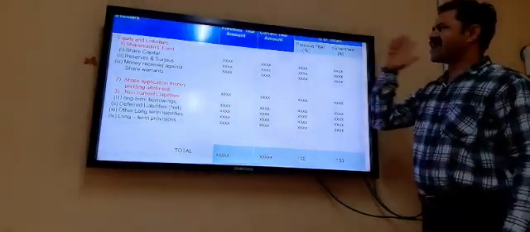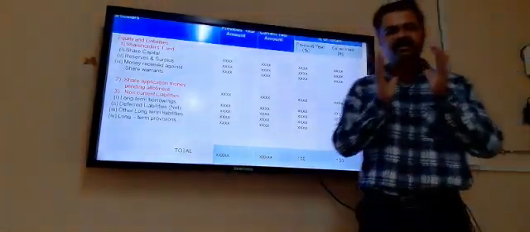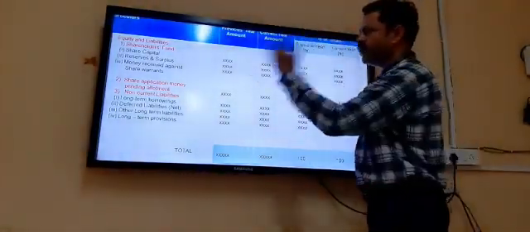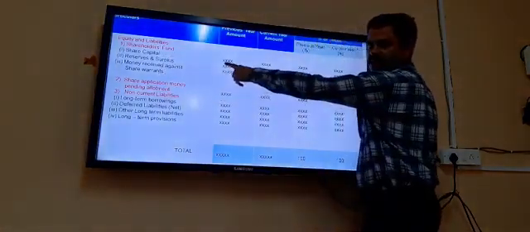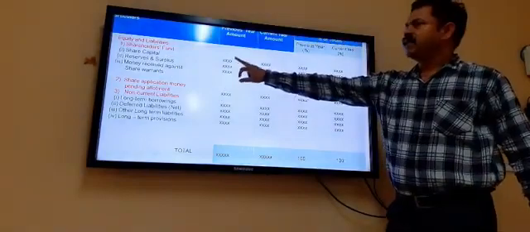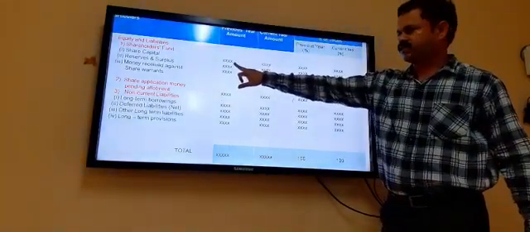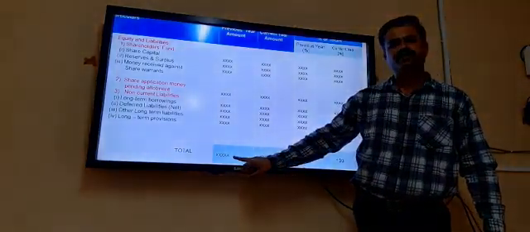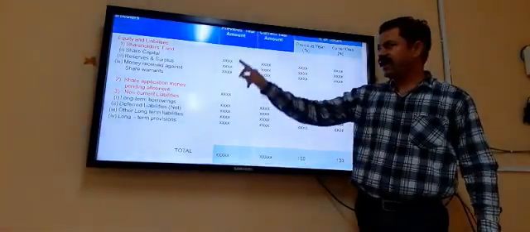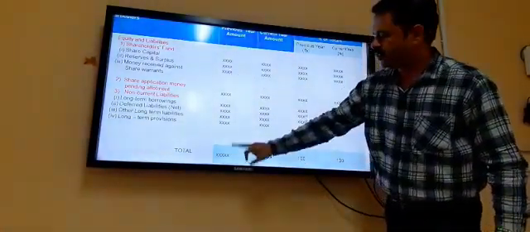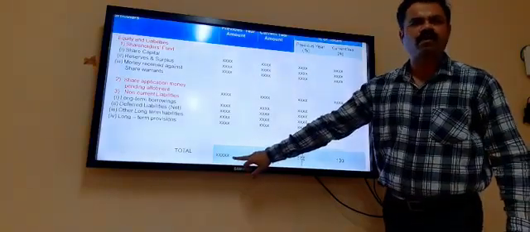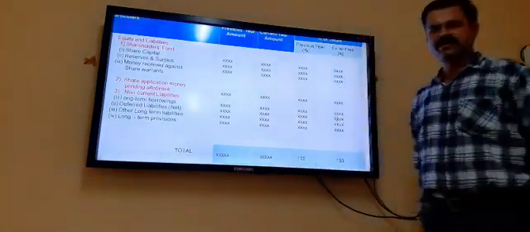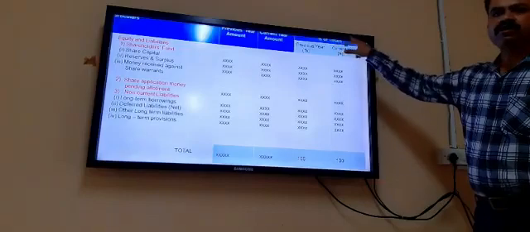What is there in this last column? This column is of percentage of totals. So what you have to do, listen to it very carefully. For example, this is share capital. Now you have to divide the value of this share capital by the total value of equity and liabilities and multiply it by 100. So what will you get? You will get the percentage of total for share capital.